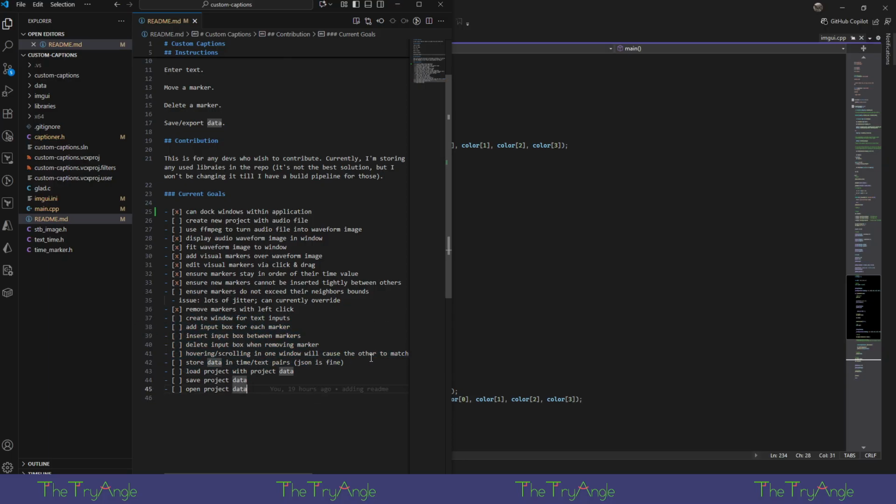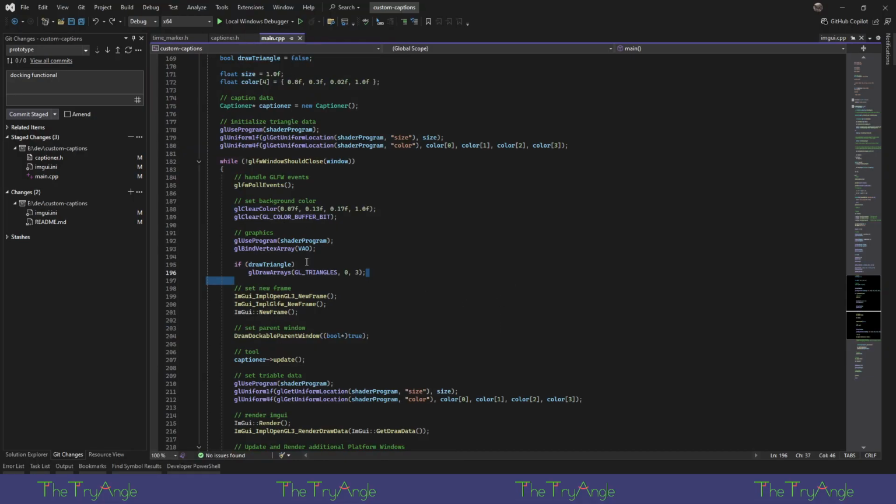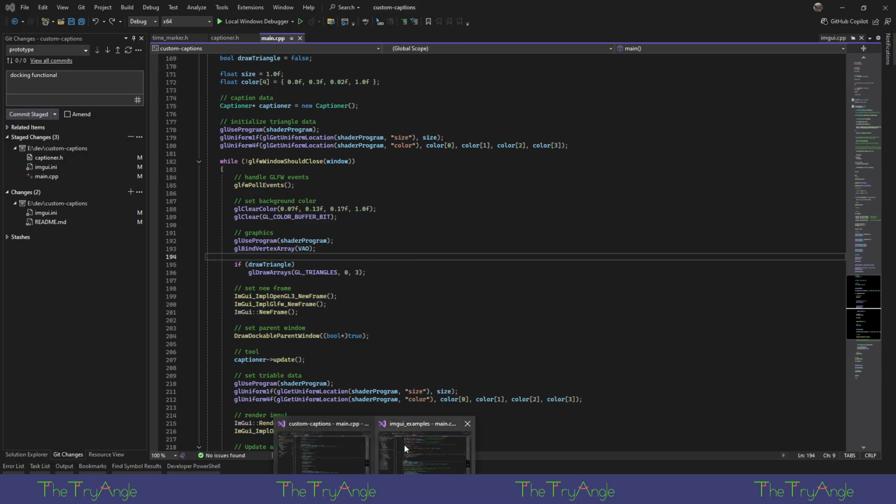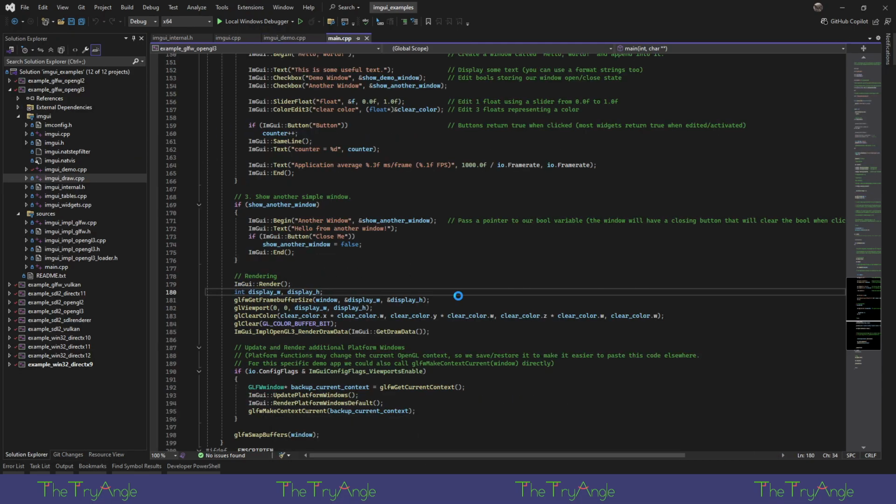Now, another thing I think I need to work on is a play pause button. Because obviously if you record an audio, I don't know about you, but I can't look at an audio file and know what the hell's going on. So